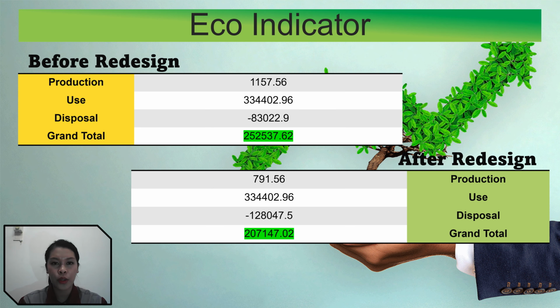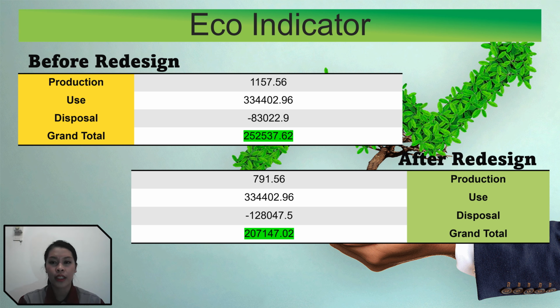The next slide is the eco indicator, which is split into two sections. The first section is about production of raw material. The total obtained for production before redesign is higher than after redesign due to the decrease in the amount of raw material. Second, the total of distribution of the electric kettle before and after redesign is 334,402.96. The total of disposal after redesign is higher than before, which is negative